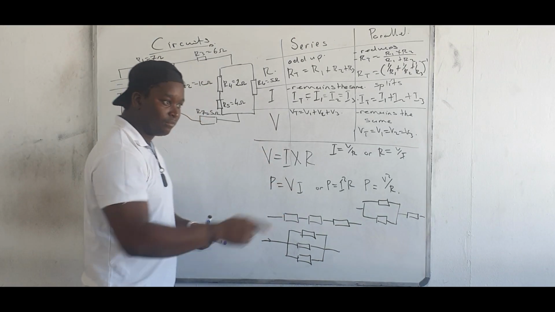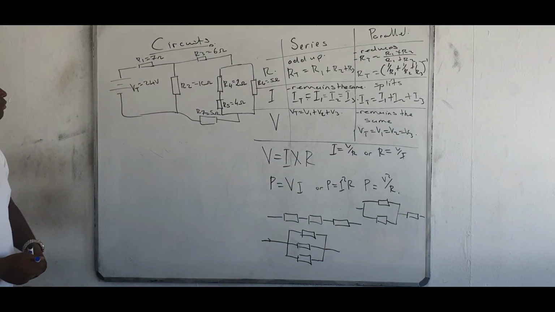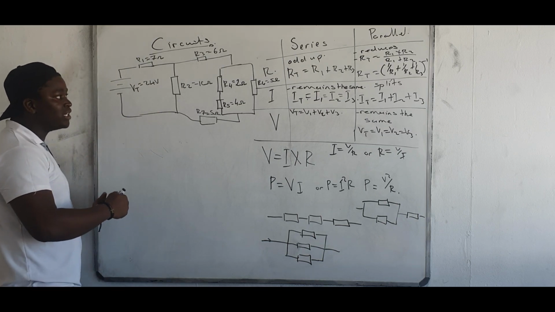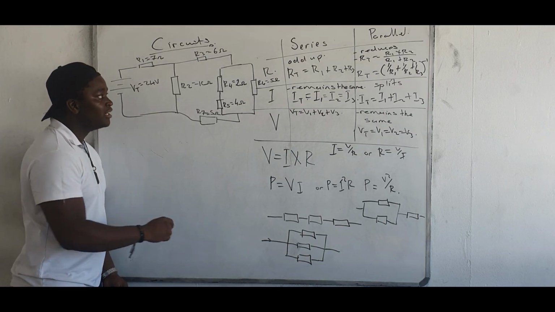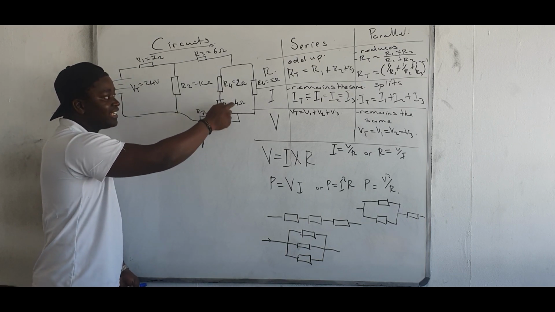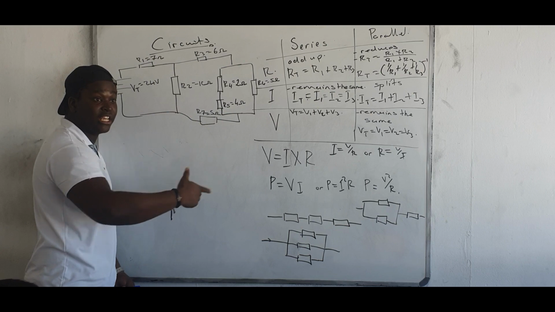Is that first one 7 ohms? 7 ohms, that is correct. So what I want us to do is start by calculating these two resistors. You see, these two resistors are clearly connected in